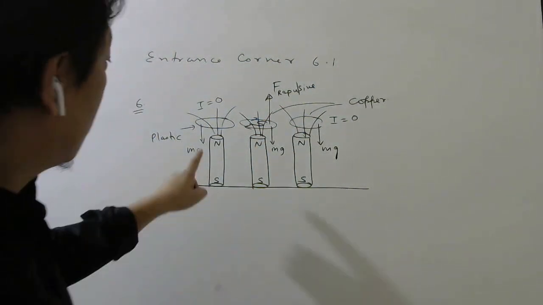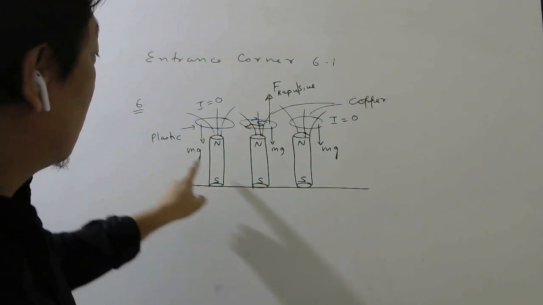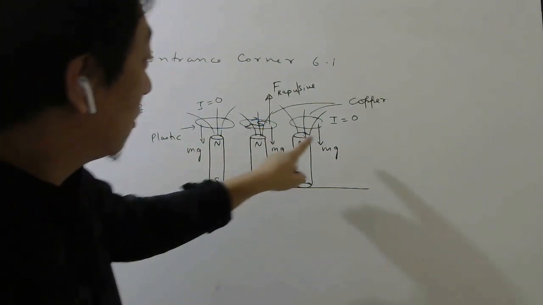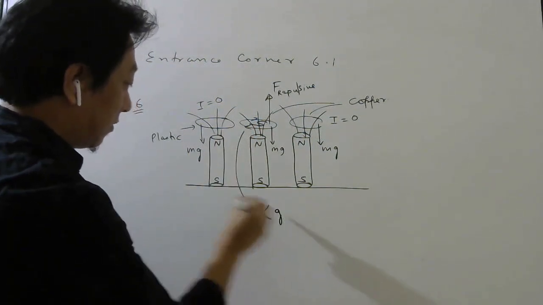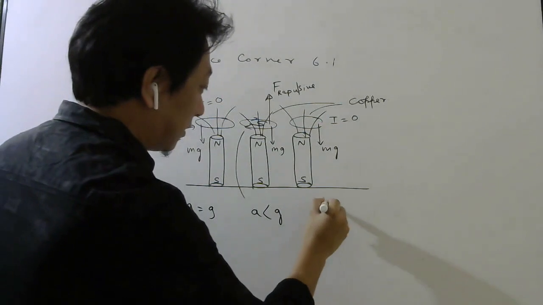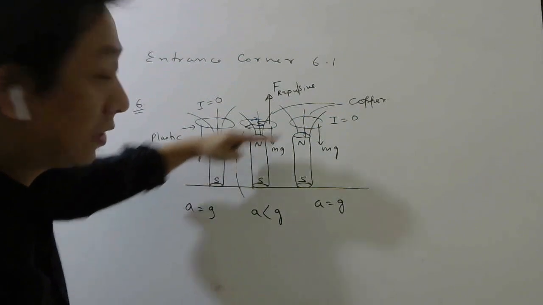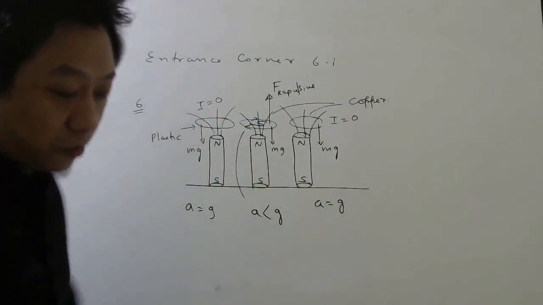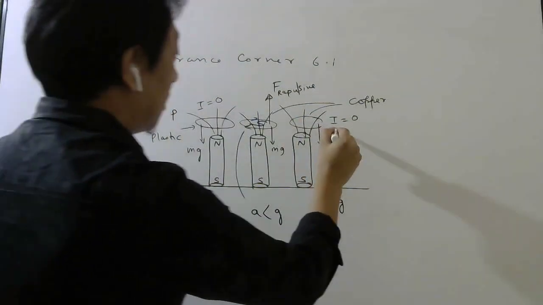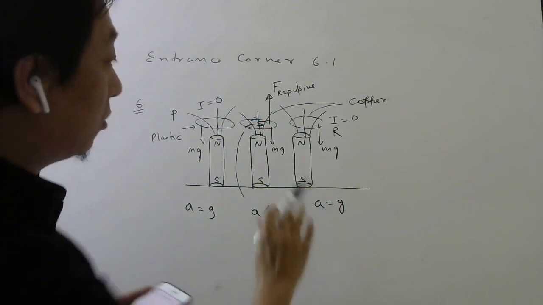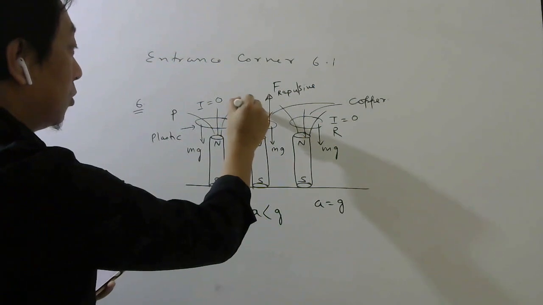Correct or not? So you can see the acceleration of this and this will be the same. What is acceleration? Force divided by mass. So for this acceleration will be g, for this acceleration will be g, but for this acceleration will be less than g. So it is very clear that this will take more time to come. These two will take the same time. So what were the names given? P, Q, R. So P and R will reach together because they don't feel any repulsive force. This one will take more time. So Q will take more time.